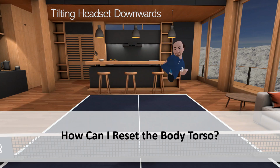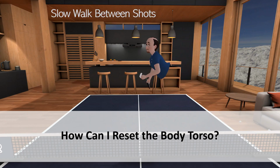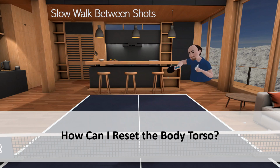So what I tried next is I tried to slow everything down. I basically take a shot, then I slowly walk to the next spot, then I take another shot, and then I slowly walk back. And so you can see me here going back and forth. It starts off incorrect, as you can see there, but then it corrects itself. Apparently, moving slower does, in fact, correct the torso back to where it's supposed to be,